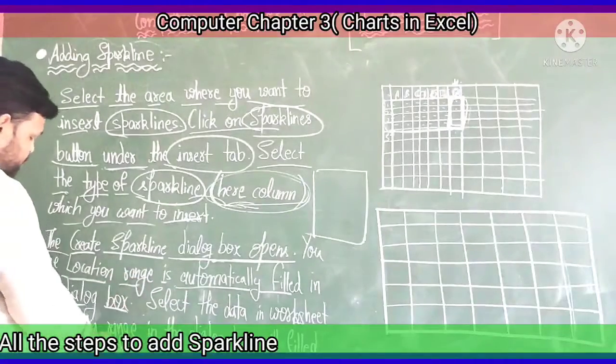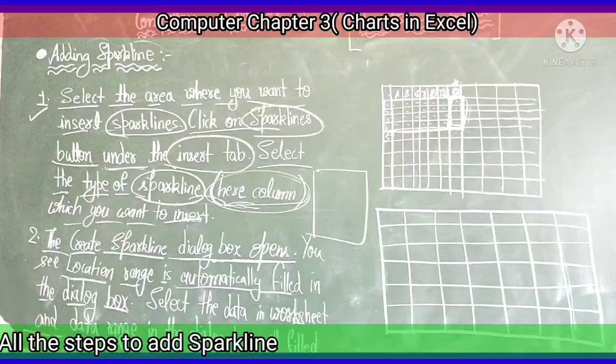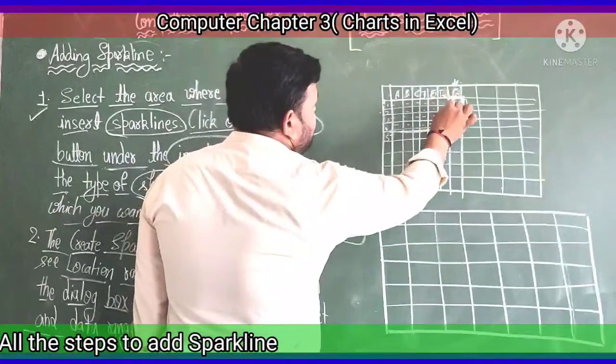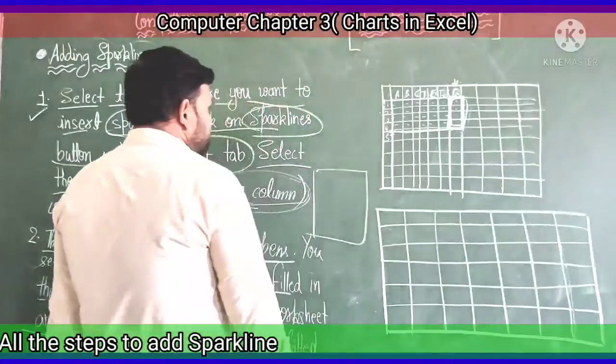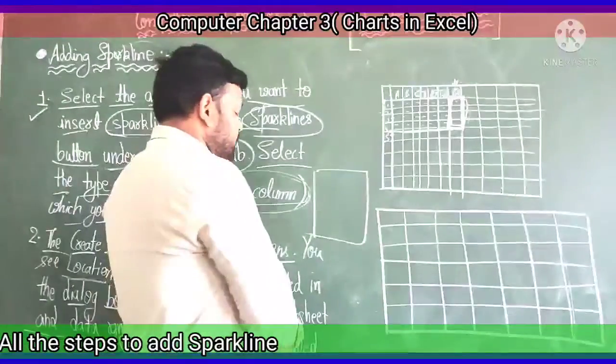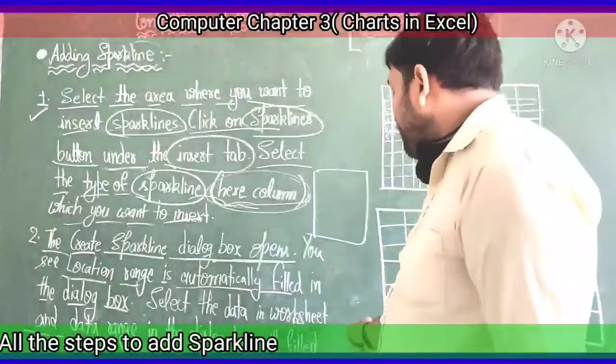Select the data in the worksheet. This is the data from A1 to F4. The dialog box will fill, and then click on OK. When you click the OK button,